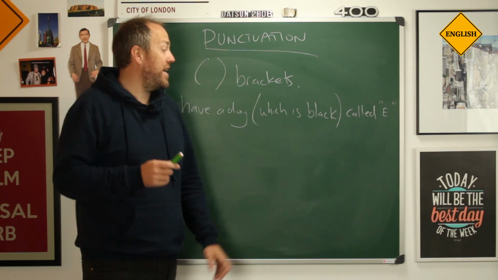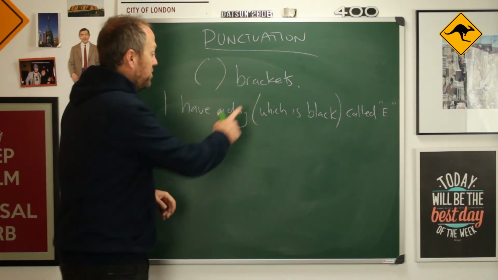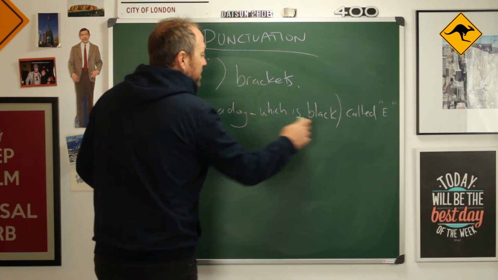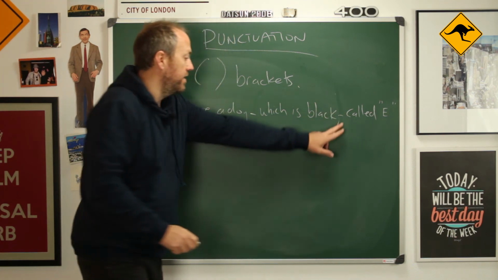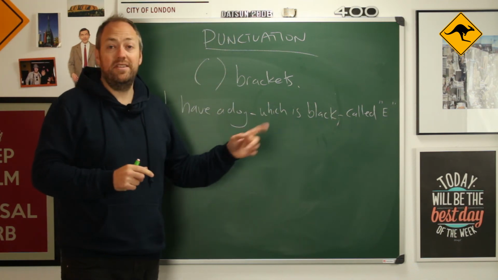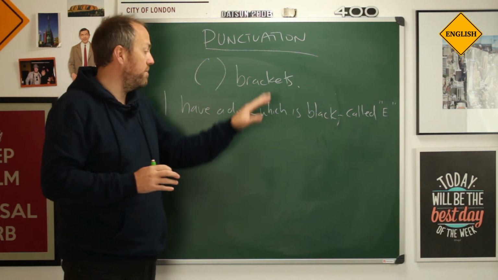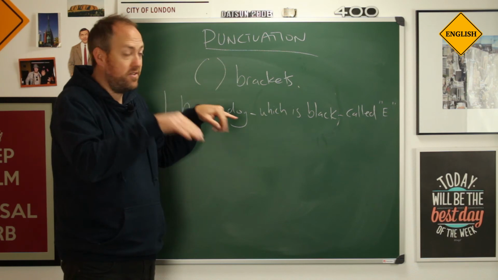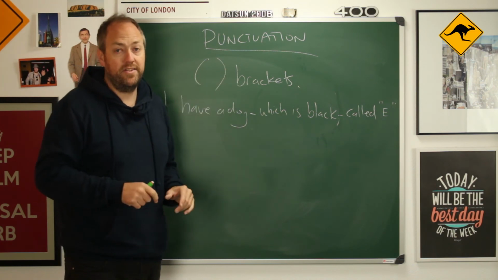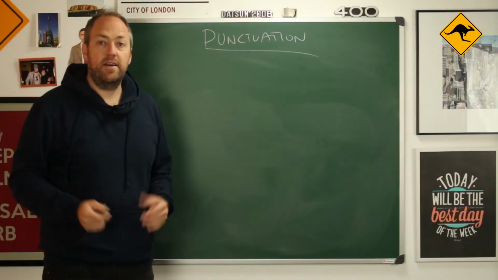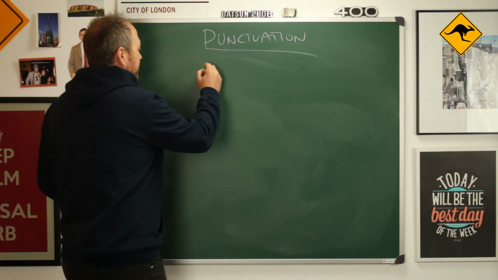Now, instead of brackets, okay, you can use dashes. So for example, here, I could put a dash like this, okay? But these are considered more informal than brackets, and because this is the academic exam, if you're going to insert some extra information, okay, use brackets instead. Okay, the next mark is the hyphen.